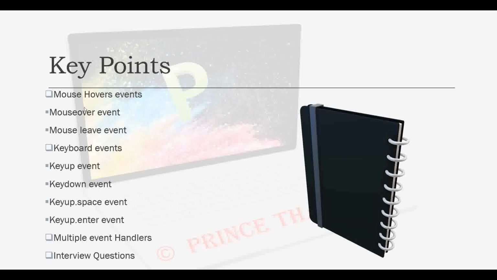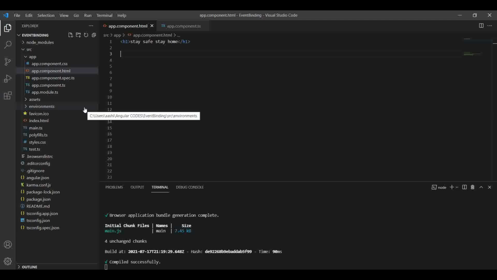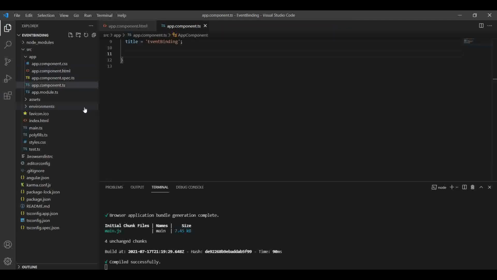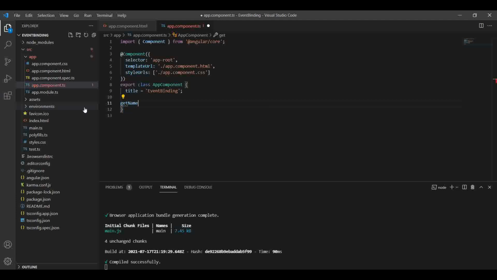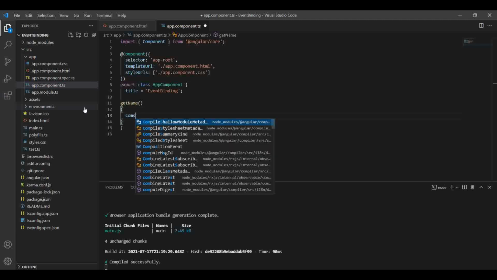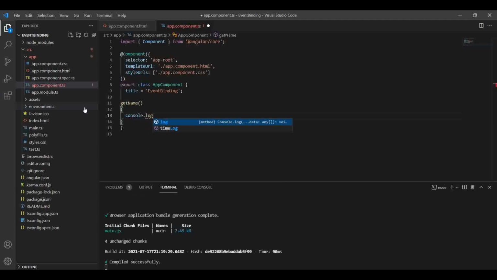So first we will execute mouse over events. For that I open my Visual Studio Code and in the TS file I will write a function getName, and inside the braces write console.log event happened, and save it.